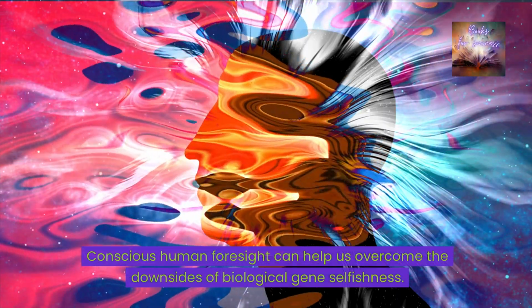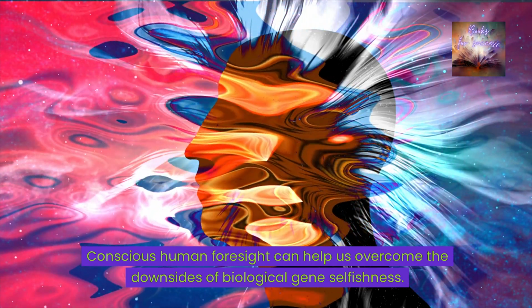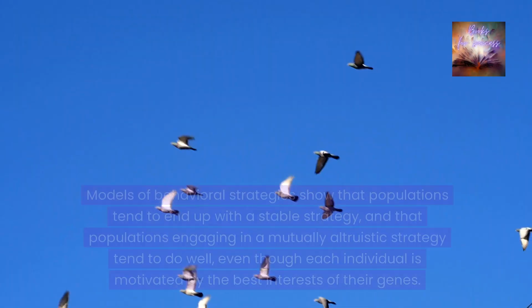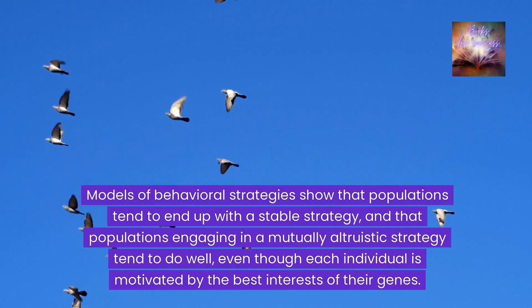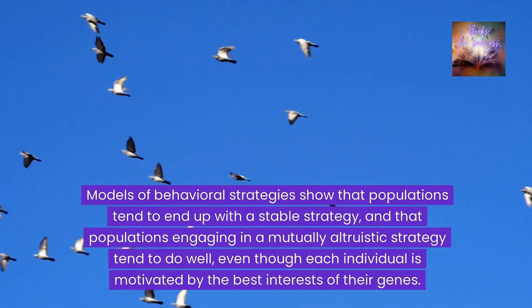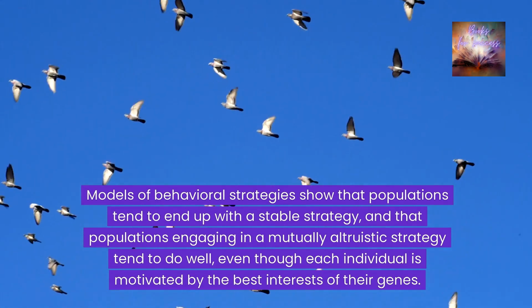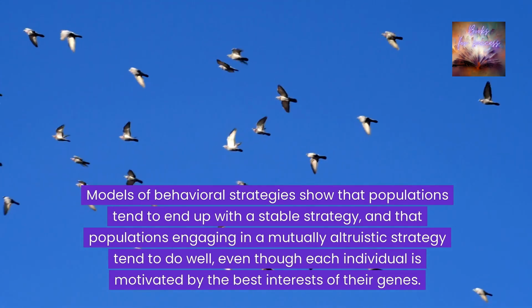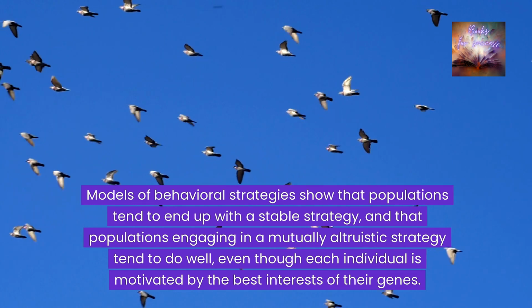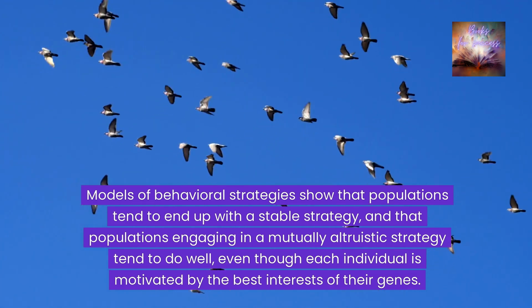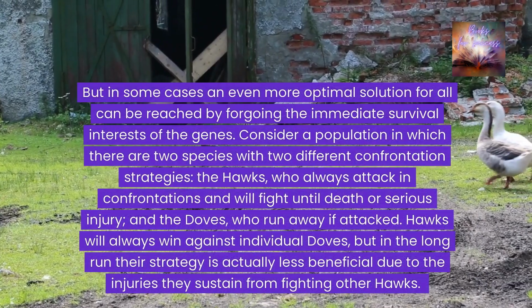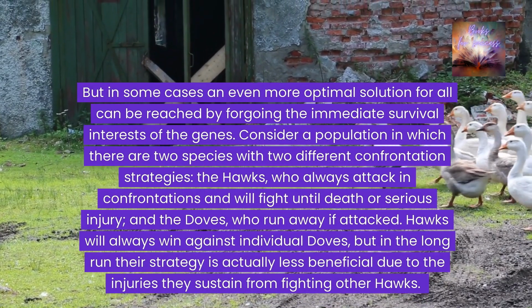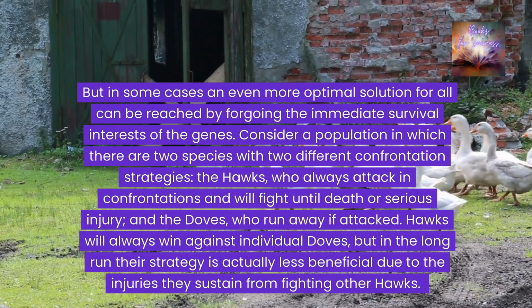Conscious human foresight can help us overcome the downsides of biological gene selfishness. Models of behavioral strategies show that populations tend to end up with a stable strategy, and that populations engaging in a mutually altruistic strategy tend to do well, even though each individual is motivated by the best interests of their genes. But in some cases, an even more optimal solution for all can be reached by foregoing the immediate survival interests